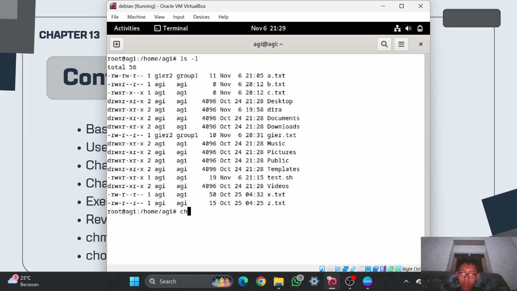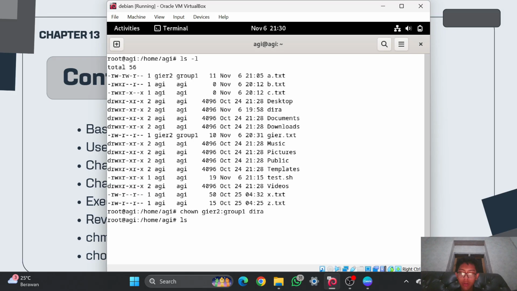So I can use chown, then gr2, then group one, and then the name of the directory dir.a, and then enter.